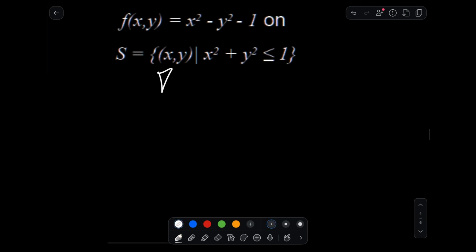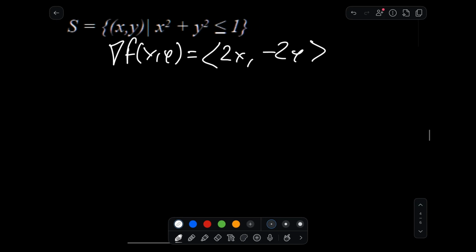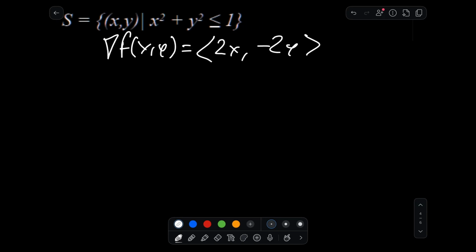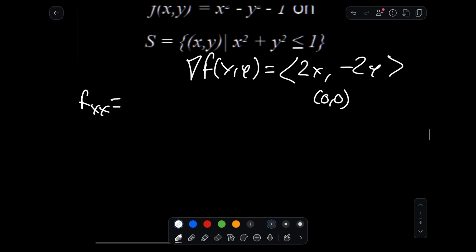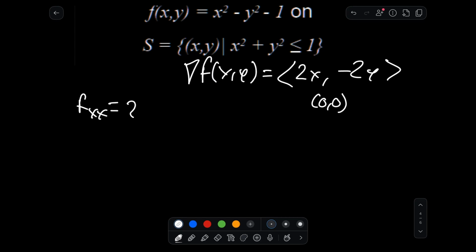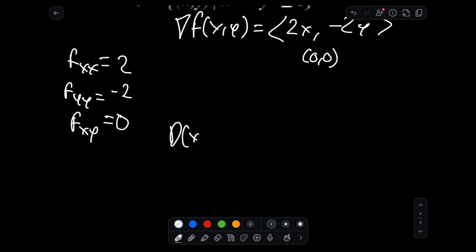So take the gradient of f(x, y). We get (2x, -2y). We need this to be the zero vector, so it's going to be (0, 0) as our interior point. We'll just do f sub xx equals 2, f sub yy equals -2, and f sub xy. I'll try f sub x first: 2x, partial with respect to y is 0, so that's going to equal 0. We have D(x, y),